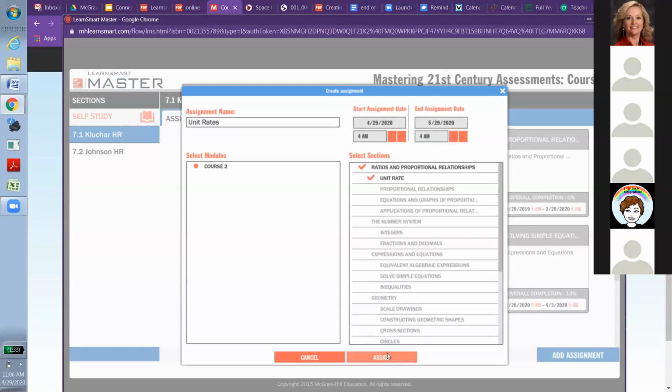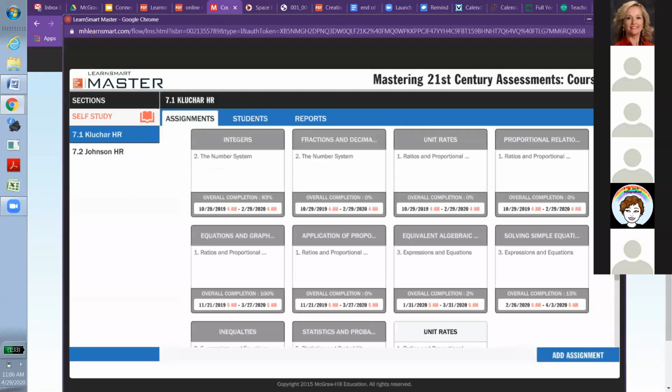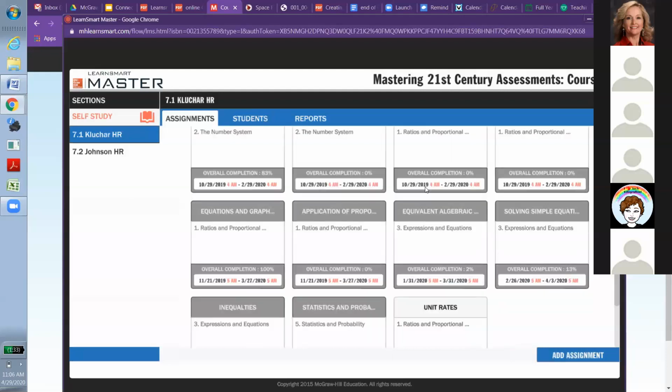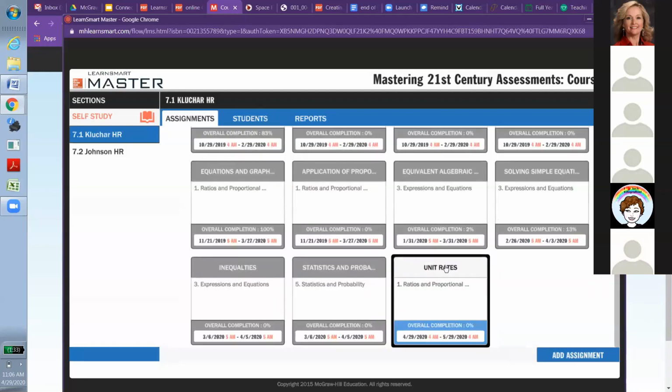Then I click assign. Because they're gray if they're not active, these ones are all expired. So the only one that the students will see is this unit rates one. And they see it how you see it as far as these tiles go. Then you can click on it, and if you want to take it, you just click on it and you can see try as a student. And then it'll come up and it has